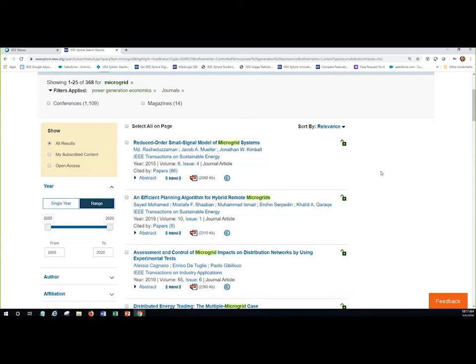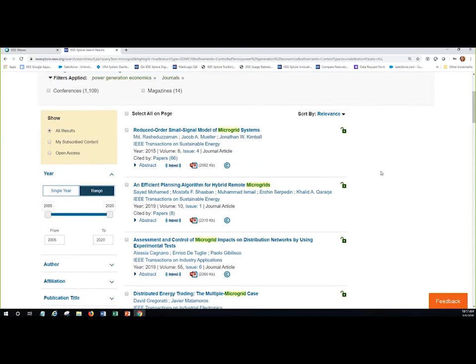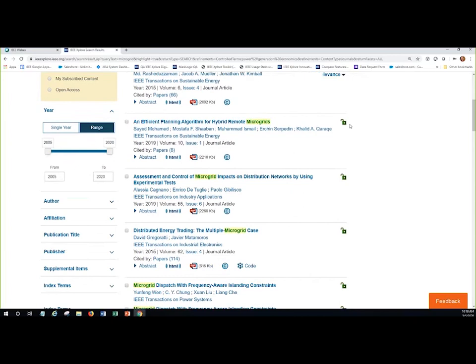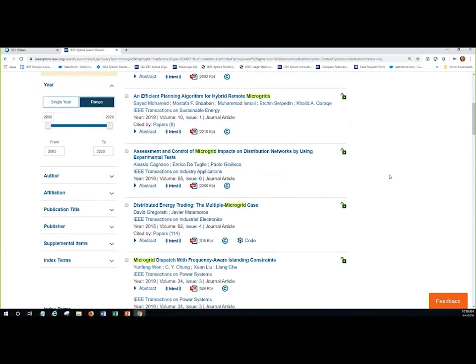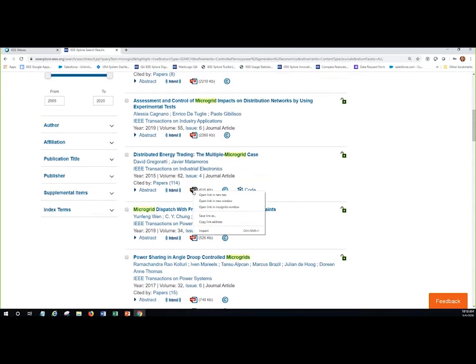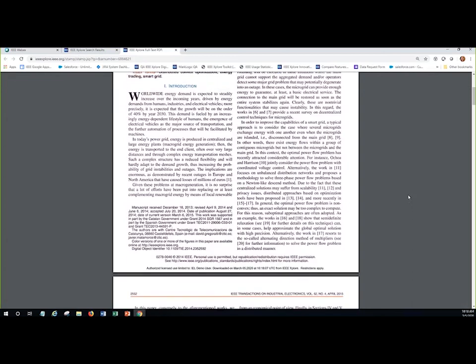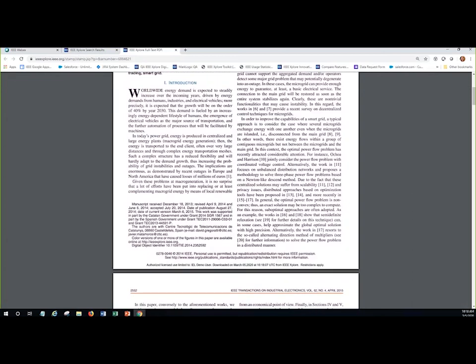As I scroll through here and look at the search results set, if there is an unlocked green lock next to any of the content, that means I'm going to be able to access it. I can, of course, open up the full text PDF for anything that I have access to. This is useful for downloading and printing. And you'll notice if you're looking for author contact information, in many instances you'll find the email addresses in the footer of the first page.